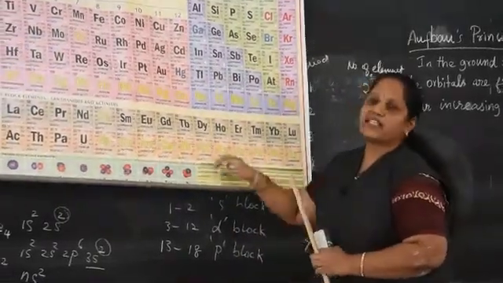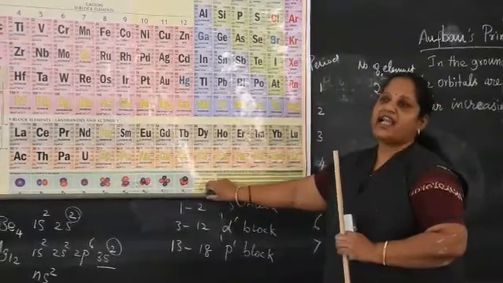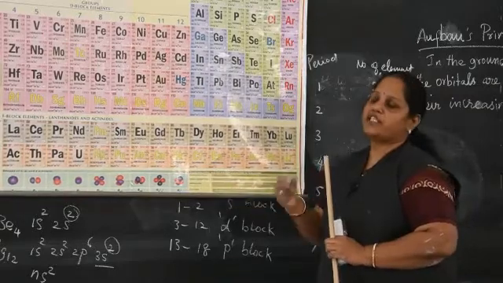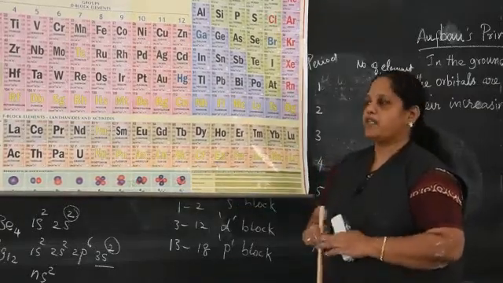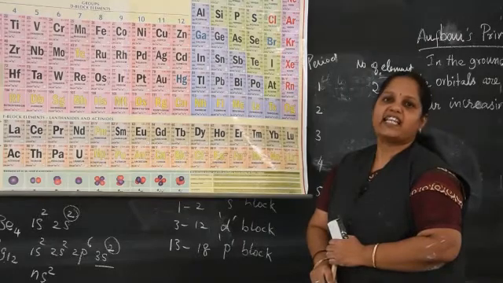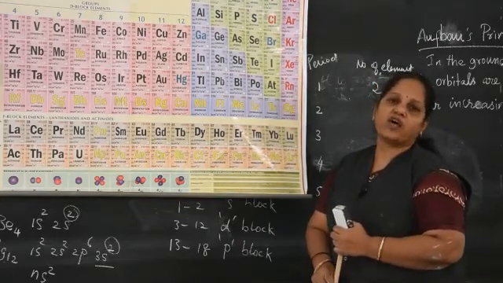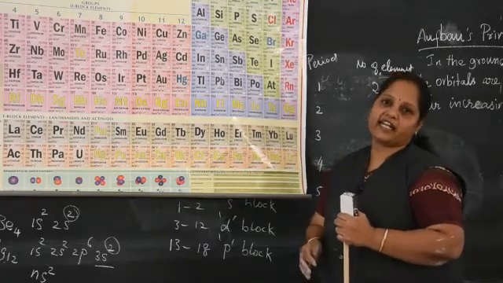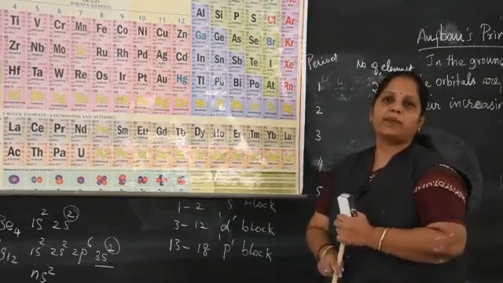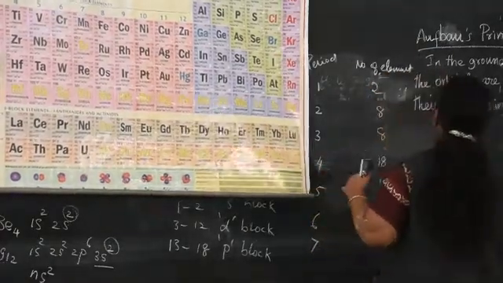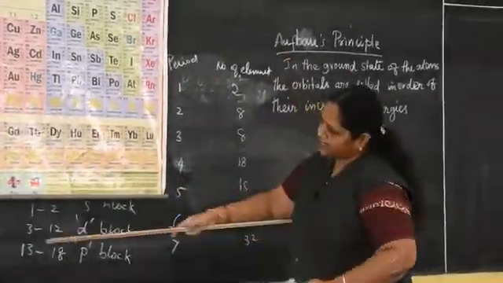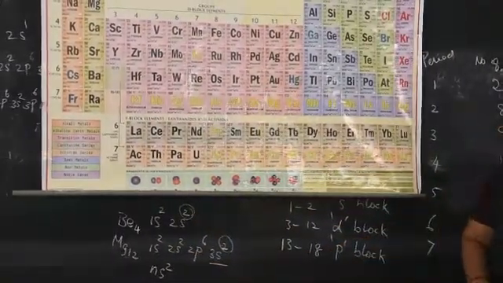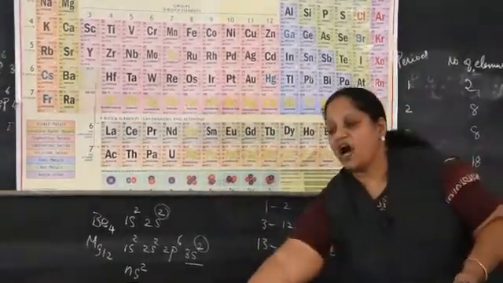Okay, the next topic is how you fill the electrons in the orbitals of different atoms. Which principle is used for that? Filling of electrons in given orbitals is called electronic configuration. Filling of an electron in the orbitals of different atoms takes place by using the Aufbau principle. What I write here: electronic configuration is nothing but filling of electrons in the orbitals.